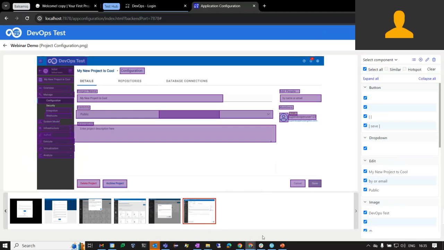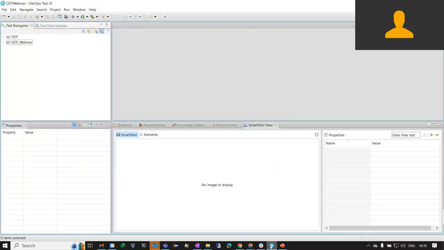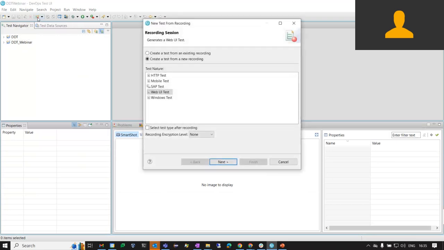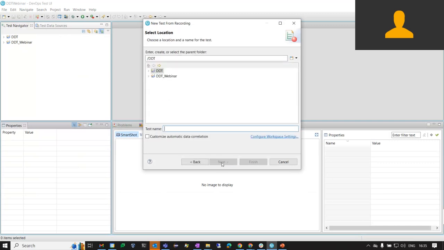I've made a couple of small tweaks and changes, and now I'm ready in DevOps Test UI to actually go and create a test. And if you've used Test UI before, you'll be very familiar with this process. We're going to create a test from a recording. We're going to use a web UI test as the recording. I will drop this in here and we'll call this